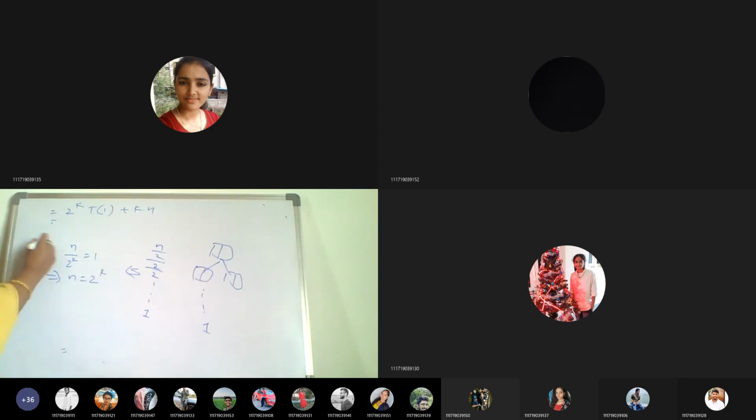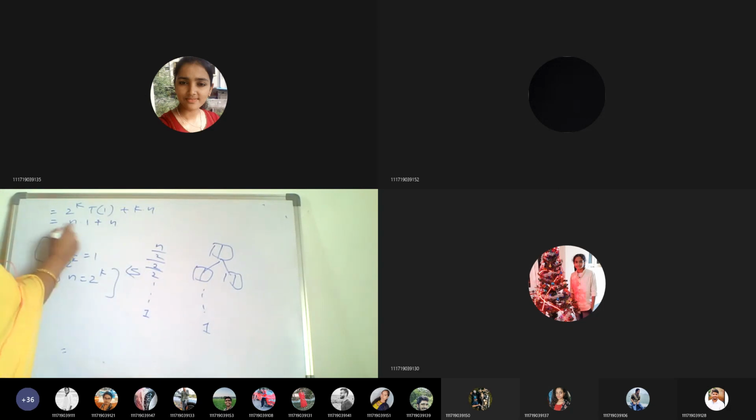So now we substitute this. Okay, so 2 power k is n, and T of 1 is 1, what we can say. And then kn. k means some constant, so n we are writing.